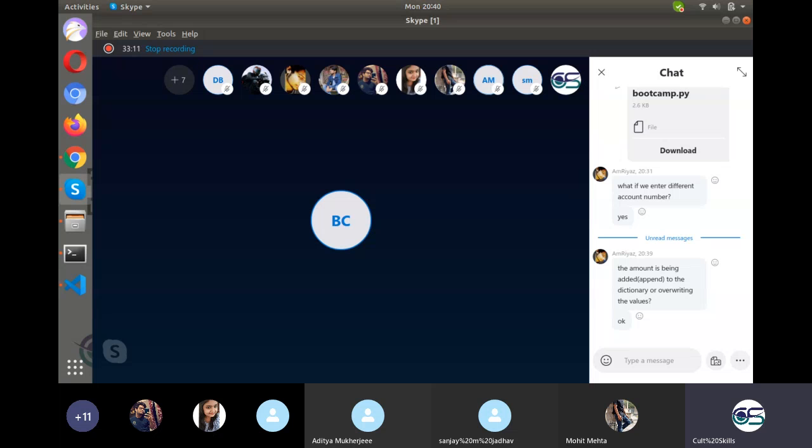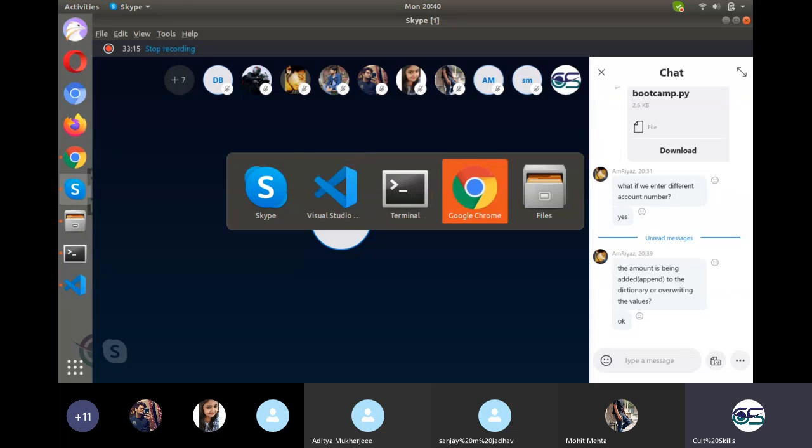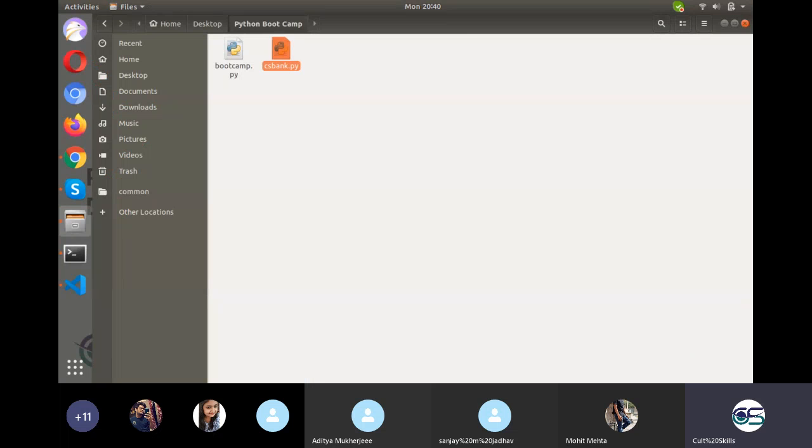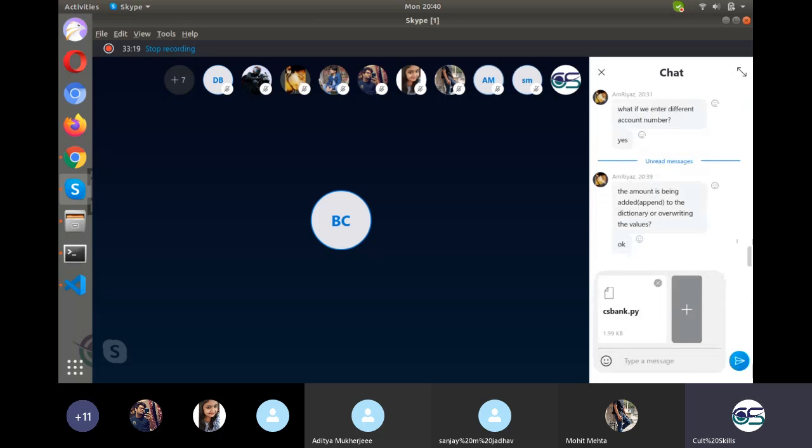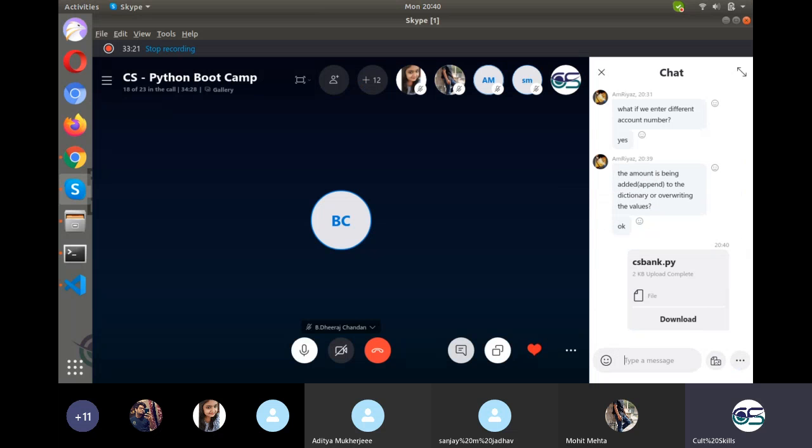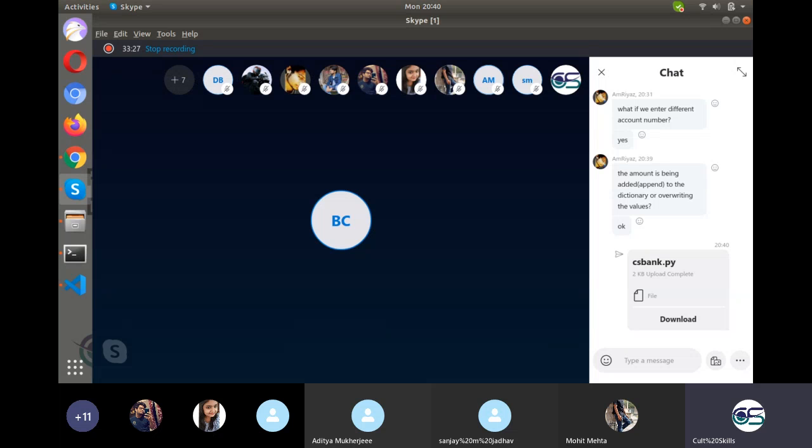Any other issue? This file will be shared with you, don't worry. I'll share it right here first. It will be ensured that this file reaches you on your WhatsApp group as well. Any other conceptual issue? You will find syntax issues every now and then.